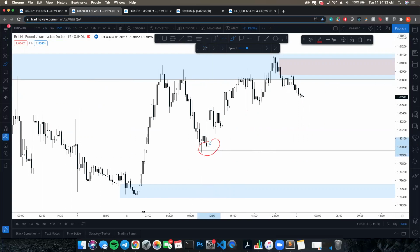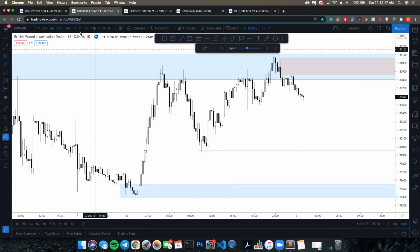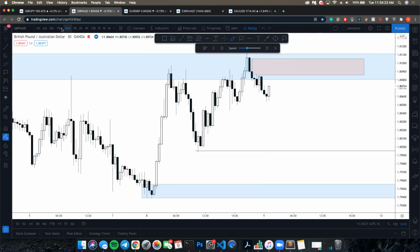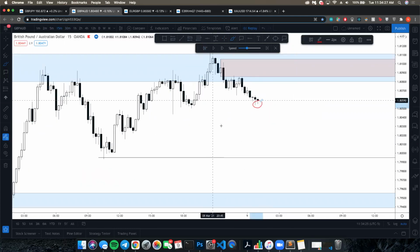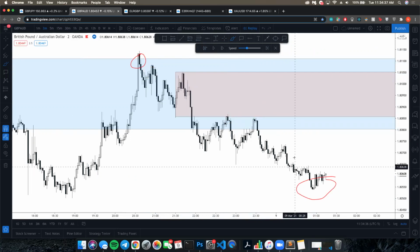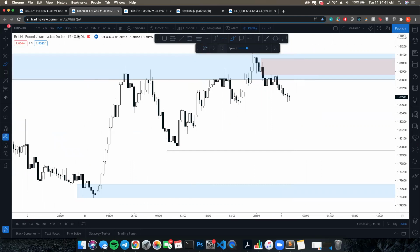Perfect, lined up with round numbers. And then we had our next demand over here. These are super clean on the 30 minutes. So you can check right here. What happened was, price came down after rejecting this supply level. And as you can see, lower time frame is creating bearish structure. So now you start thinking, we know that liquidity grabs happen during session opens. And then what we start to see happen is